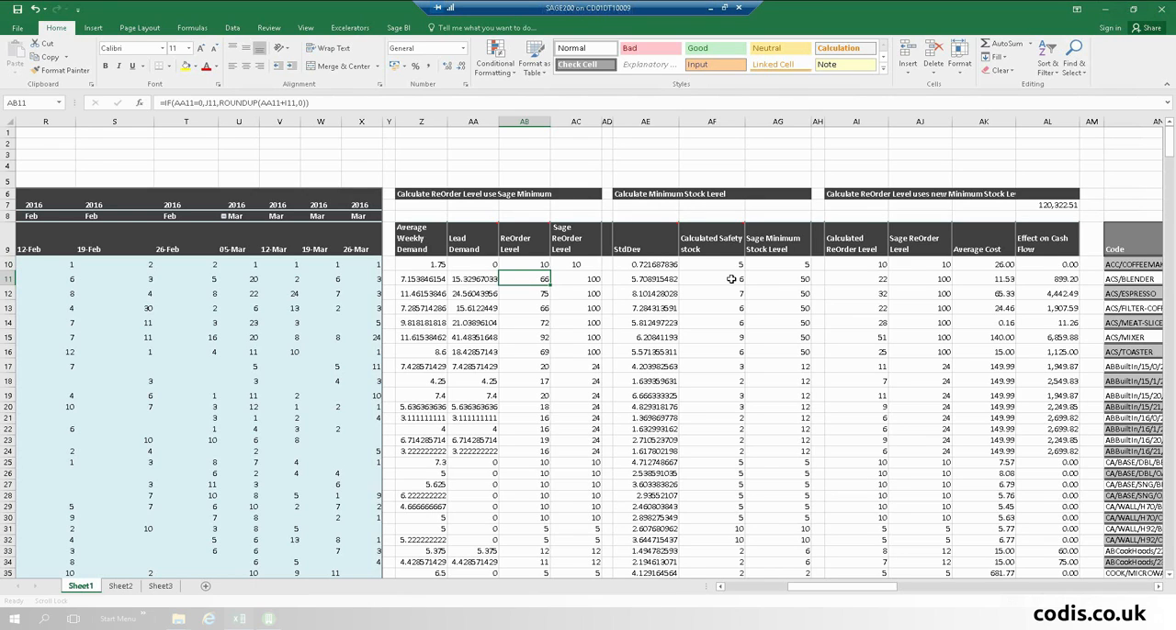But we can also look at the minimum stock level and the safety stock level, and we can use formulas. Again, they're formulas designed in order to calculate these numbers, and we can calculate using the standard deviation, and then we can use that standard deviation to calculate a new minimum stock level. And what I did next was use that minimum stock level and the lead demand to calculate our reorder level. And as you can see there, we have a new reorder level, and we have an average